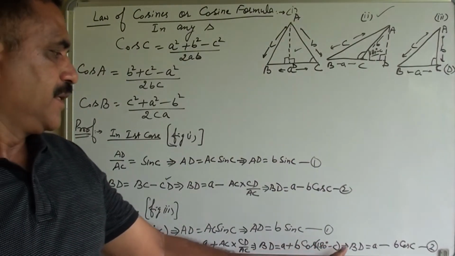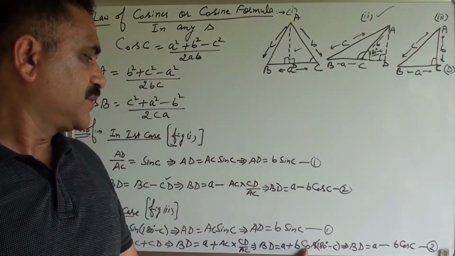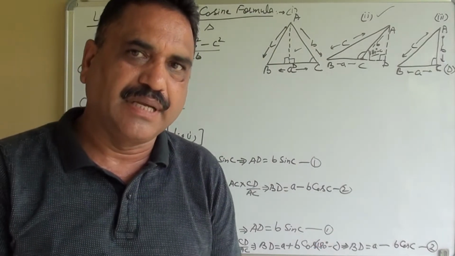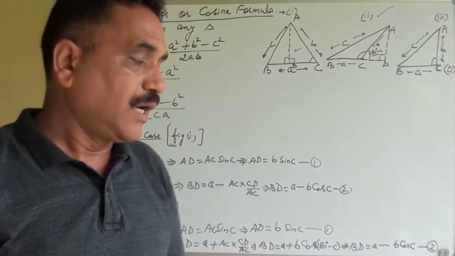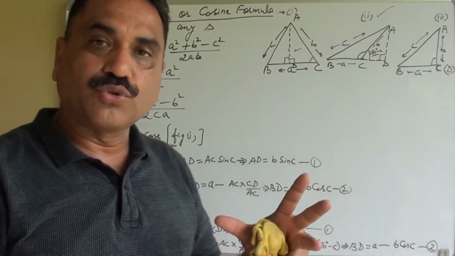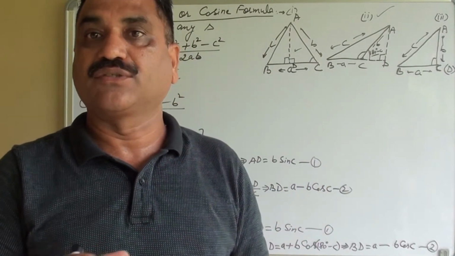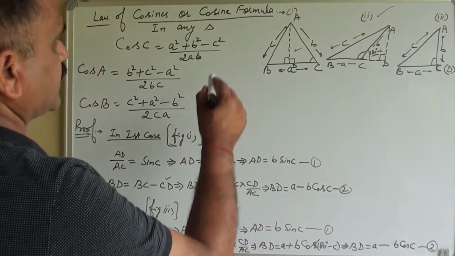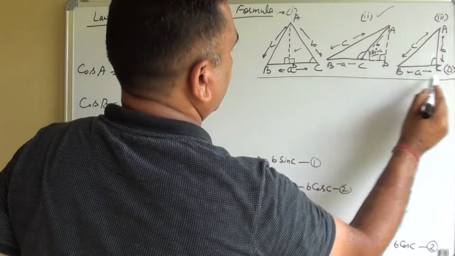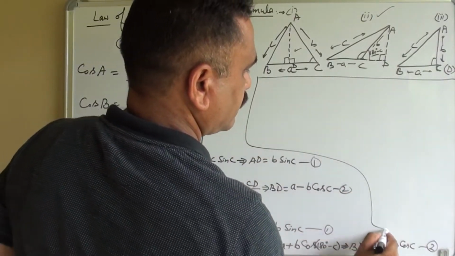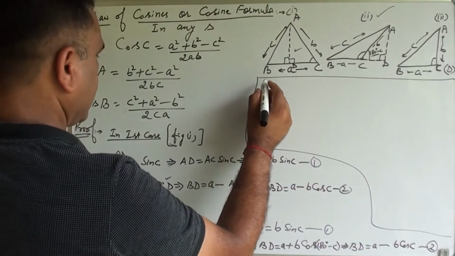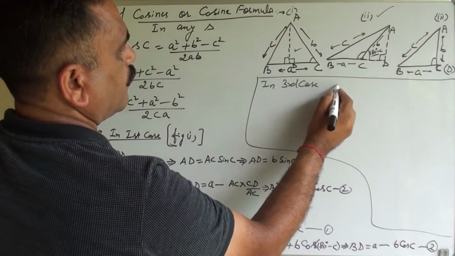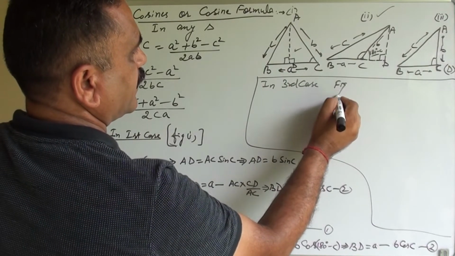See from here, ये माइनस क्यों आया? बिकॉज देखिए यहां पर cos 180 माइनस C, 180 से थोड़ा सा कम एंगल जो है सेकंड क्वाड्रेंट होगा, और सेकंड क्वाड्रेंट में कोसाइन नेगेटिव होता है एड शुगर टू कॉपी से, तो इसलिए दिस इज BD इज इक्वल टू A माइनस B cos. नाउ थर्ड केस, that is in third case. For third case, we are taking figure third.